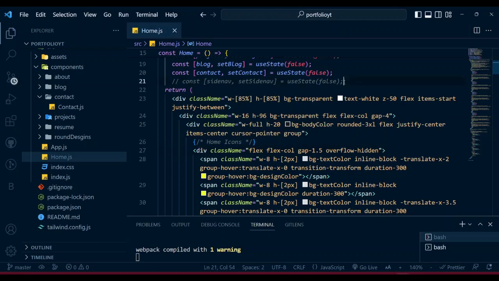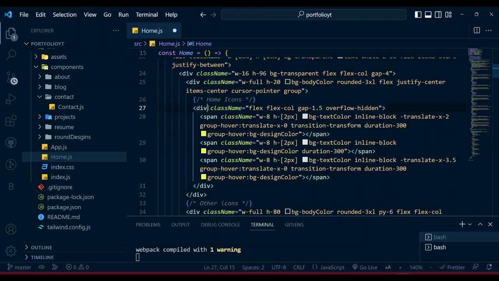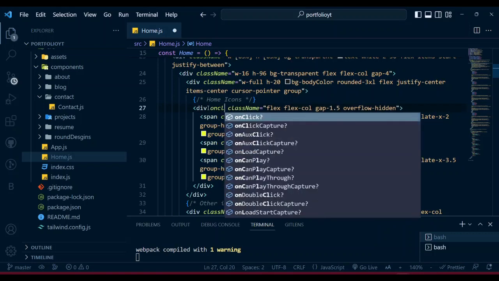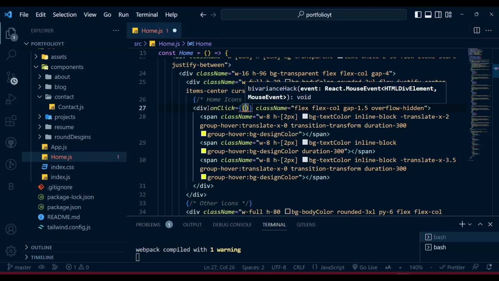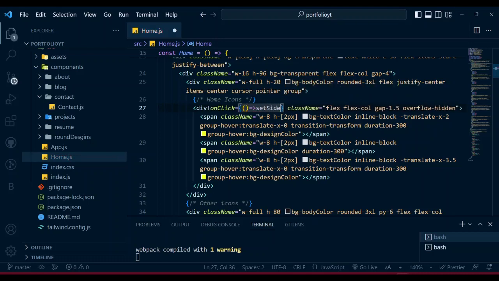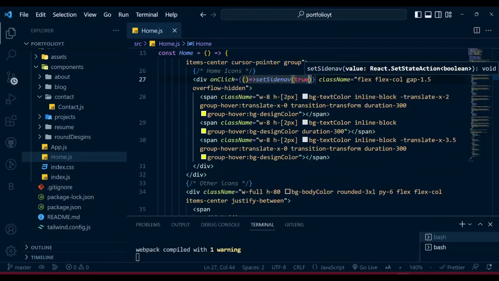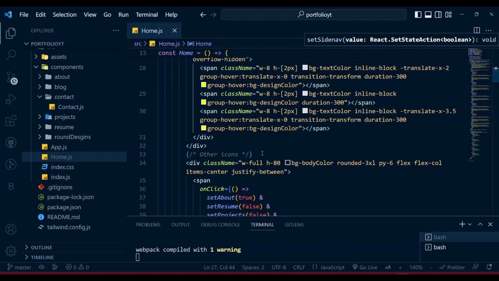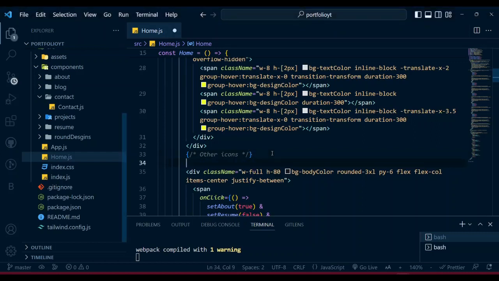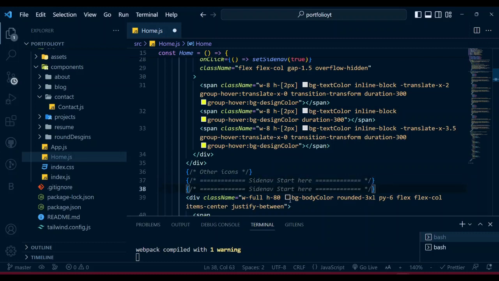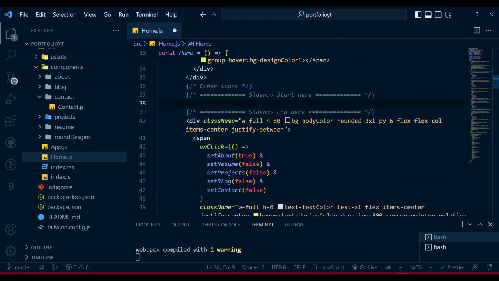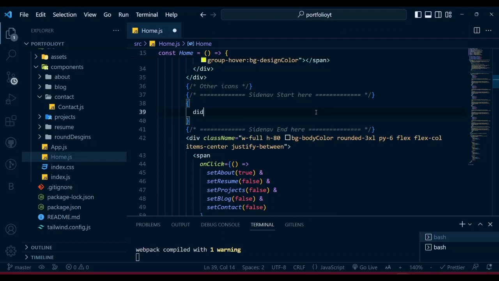So here, let's open that one, and now here we will create an onClick function, and that one will make setSiteNav true. And now after finishing that, like in here, we can just keep that, and also it will end. So now what do you want? Whenever the siteNav is available,